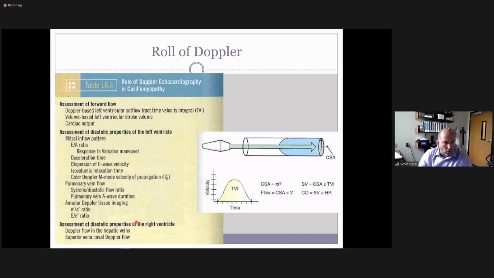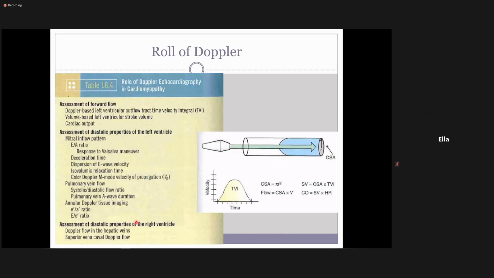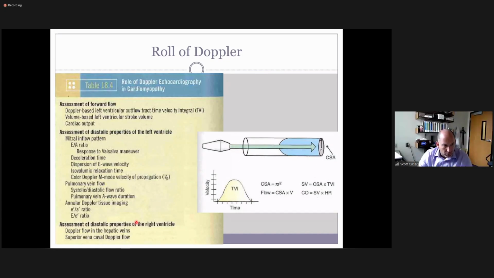Okay, so we do our pulmonary veins in the left heart. What do we do in the right heart? It's comparable to that. Hepatic vein. Good. Yep, hepatic veins. So let me jump back to tissue Doppler real quick. So in tissue Doppler,